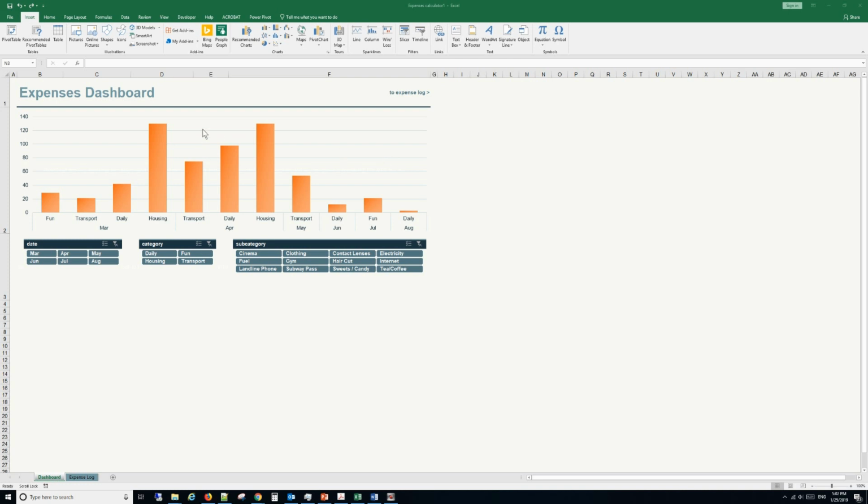Now we have an Excel chart. We want to copy this one to Word or PowerPoint. So the first thing, we go to File,